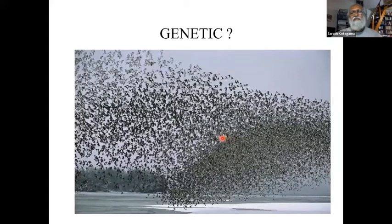The next feature is genetic. So now we had, of course, the first one. Now before I forget, we start by saying that it is seasonal, specific to an area, directional, and then we said that